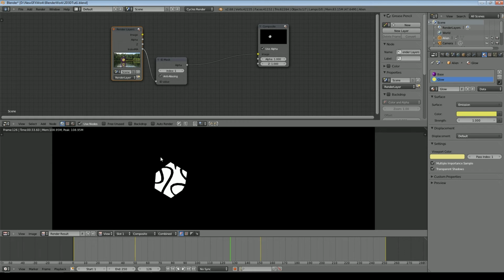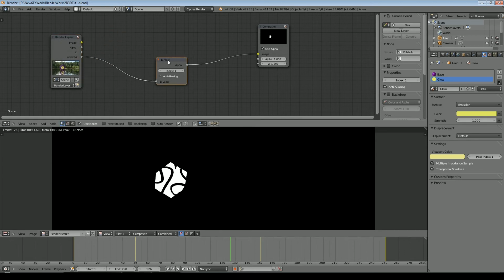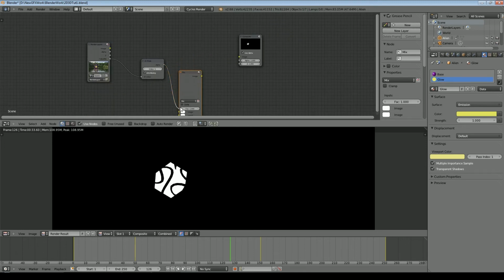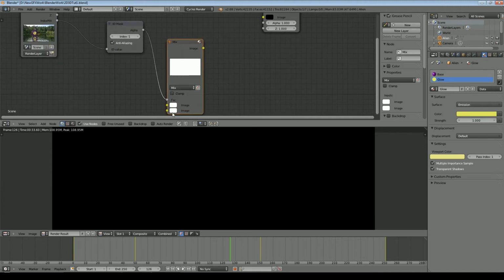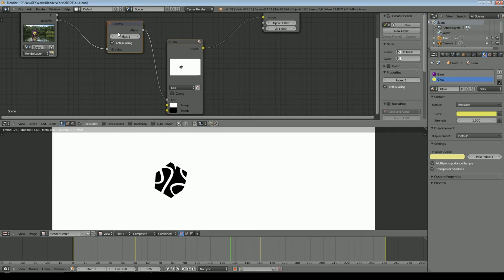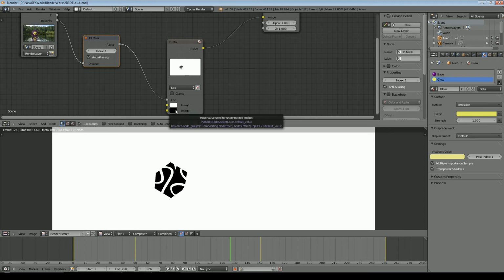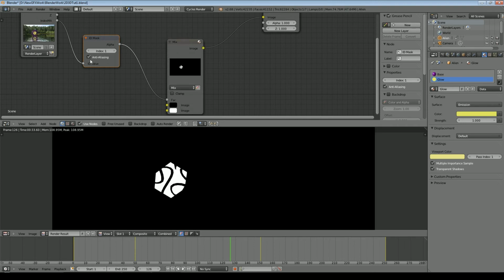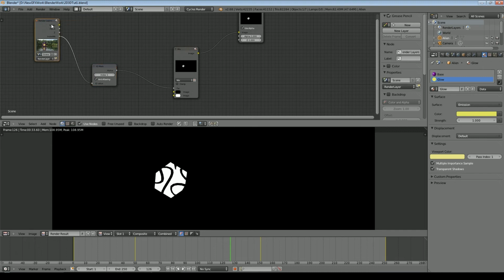So we now know we can use this as a mask to select only that object. So I'll now add a mix node, color mix node, and I will put the output of that mask into the color mix node, and we'll put black on the bottom and white on the top, and take that to the output. And again we can see that the mask is making black selected and white otherwise. So in actual fact I'm going to go the other way around. I'm going to put black on the top, white on the bottom, there we go, and now I'm going to put my original image into the bottom. So now it's showing what was really there.